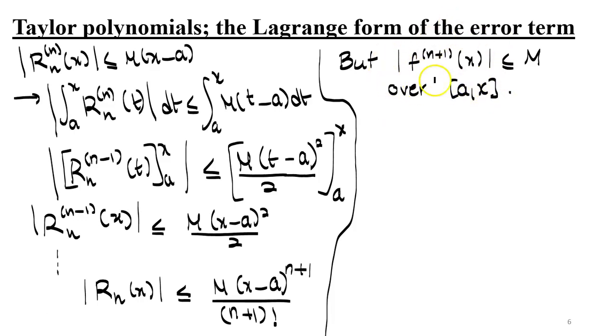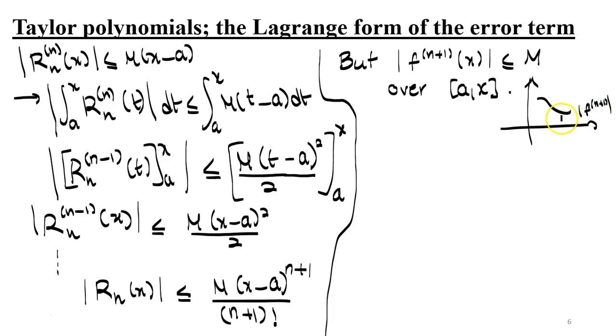So the absolute value of the function being smaller than m, in that case, I know that there exists a value of t in the interval ax for which the derivative of order n of f at t is the minimum over that interval. I'm just going to sketch it here in order for you to see it better. So if this is the curve representing the absolute value of the derivative of order